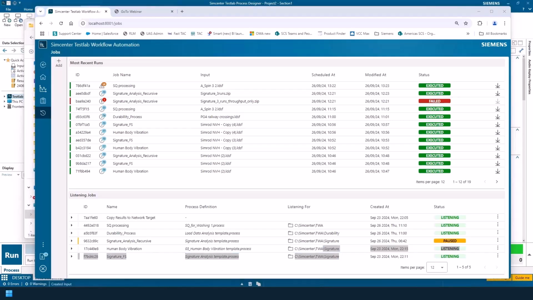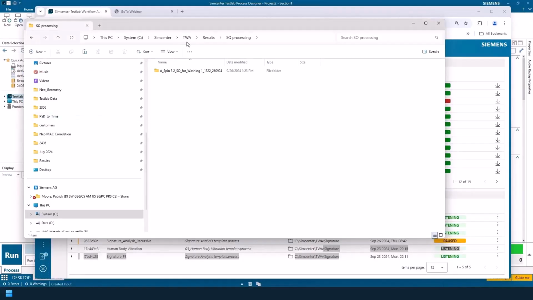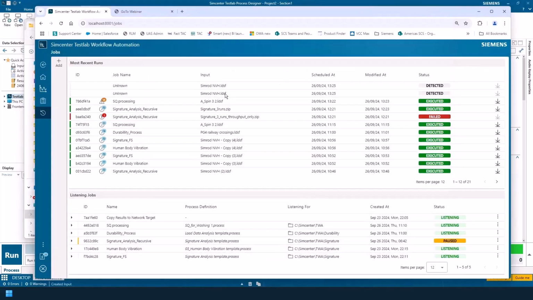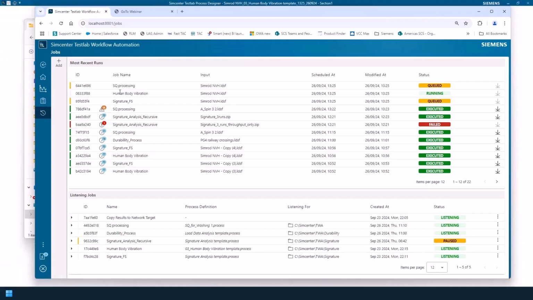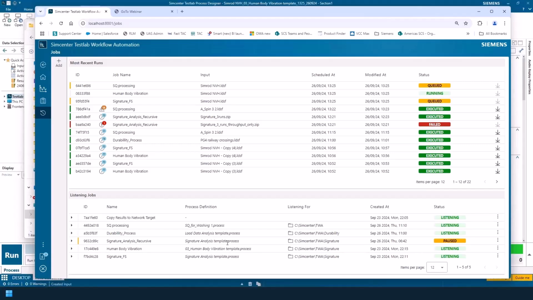I copy some data here. If I go back to my TWA folder, it's looking in the signature folder for some data. If I put some data there and come back here, it's detected that file. It's going to look to see if it's got 2 jobs, and then it should run both jobs. So it's running the first one and it's queued the other one. If I watch Process Designer,